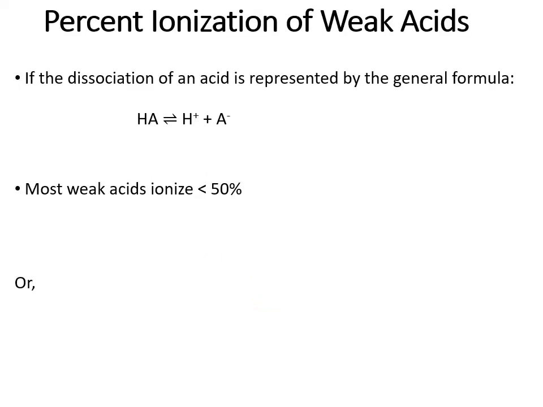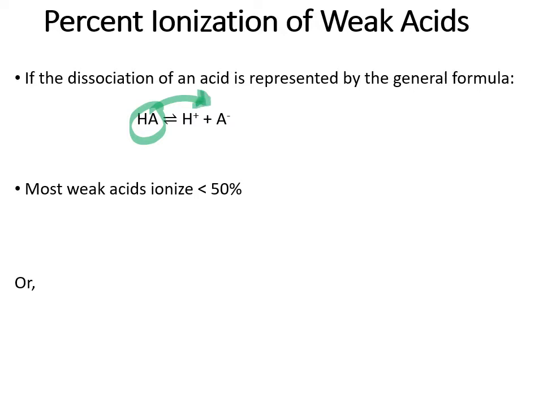So first off, percent ionization. When you put an acid into water, a certain amount of it is going to dissociate. You can express that as a percentage. We start off with our acid molecule with the hydrogen ion attached. It's going to shift to the right to some extent before it establishes equilibrium, and that'll give you some amount